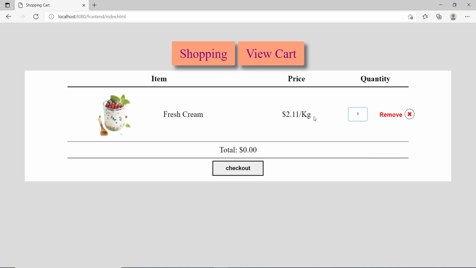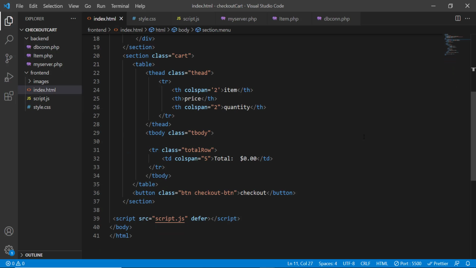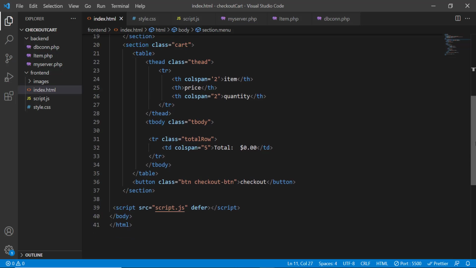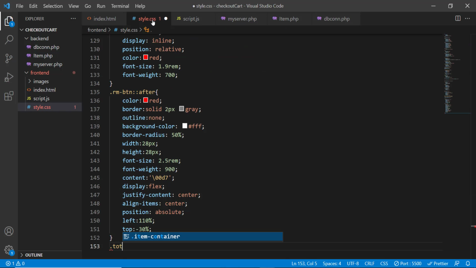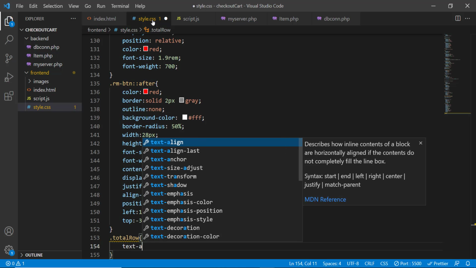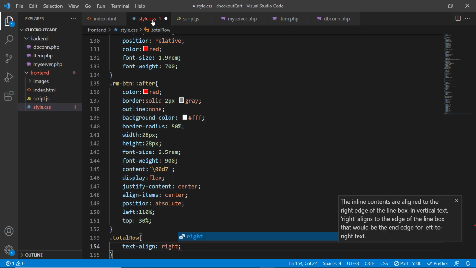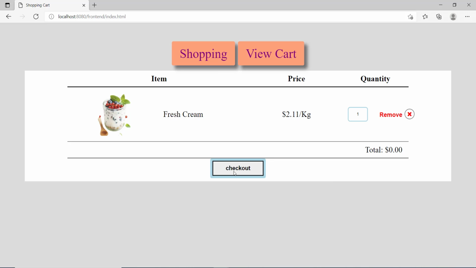So I think we have given a name to the last field. Let's go and check. So the last table row must have a name, or it says table row. So we are going to set its text align property to right. So total row, text align to the right. We need to move this checkout button to the right and bring some margin between this table and the checkout